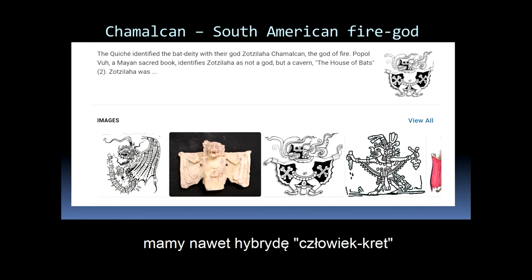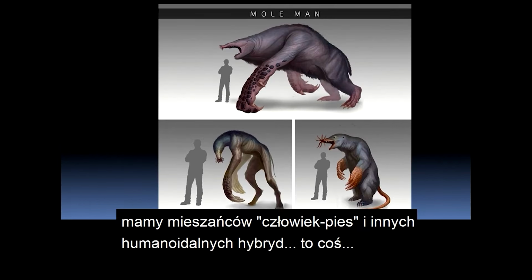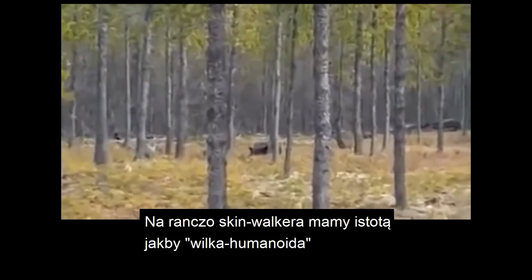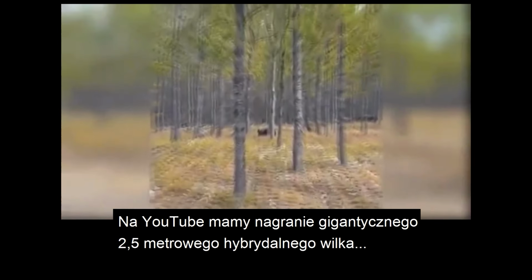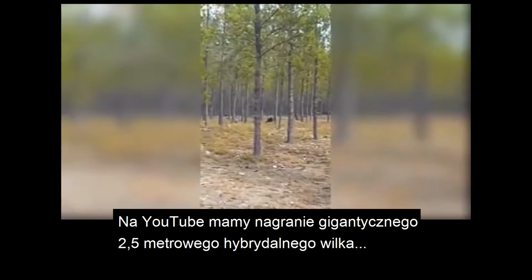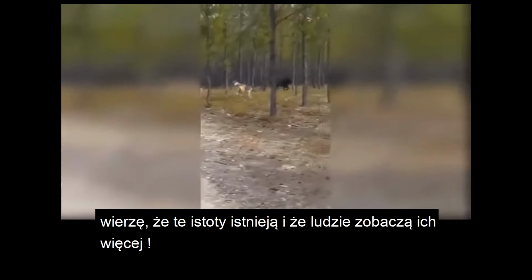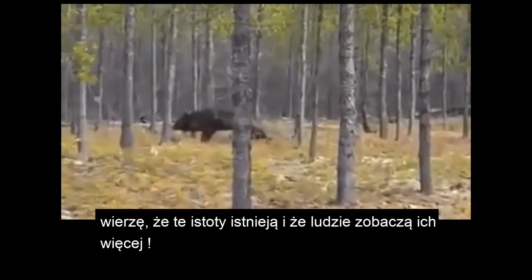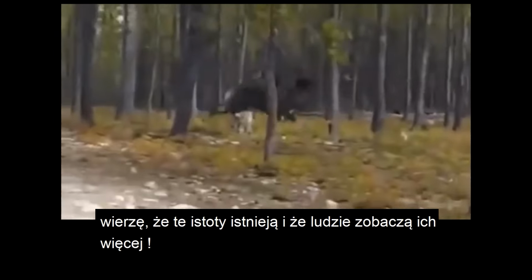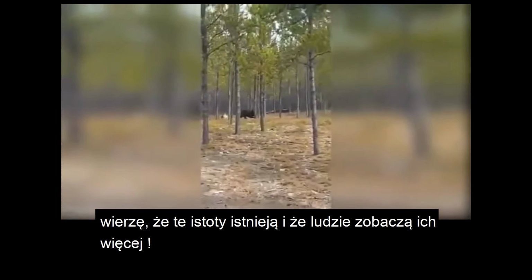And yes, there is even a mole man. There are dog men. Dire wolves have been seen. Skinwalker Ranch had one. There's a video of a dire wolf on YouTube. Huge black, and I mean talking like 6 feet tall black wolf. Okay? Yes, I believe that. I believe people are, and they're going to see more. So when it says that they're going to give their idols to the moles and to the bats,